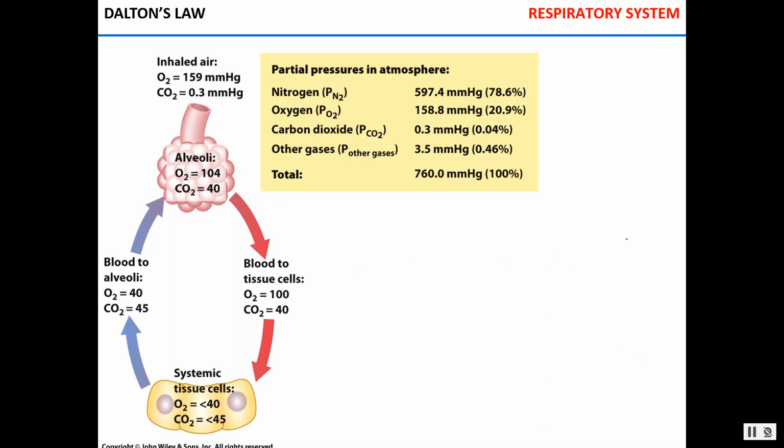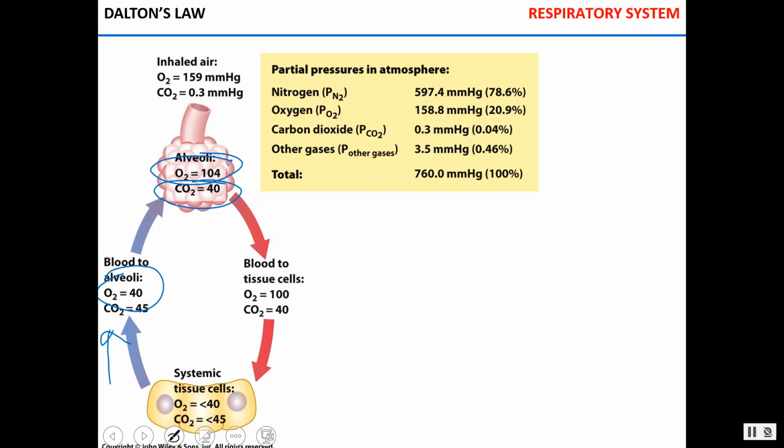Here you can see that the pressure of oxygen in the alveoli is higher than the pressure of oxygen in the blood that's present in the alveoli. So oxygen will move from the alveoli into the blood. The pressure of carbon dioxide is higher in the blood than in alveoli, so carbon dioxide will move from blood